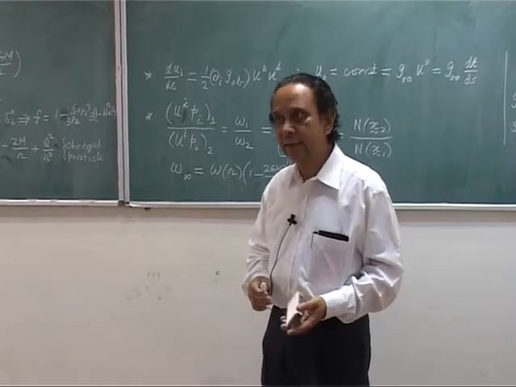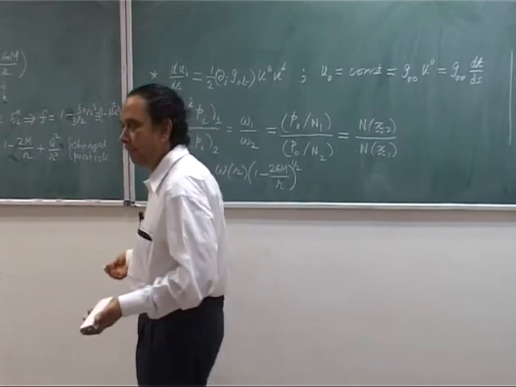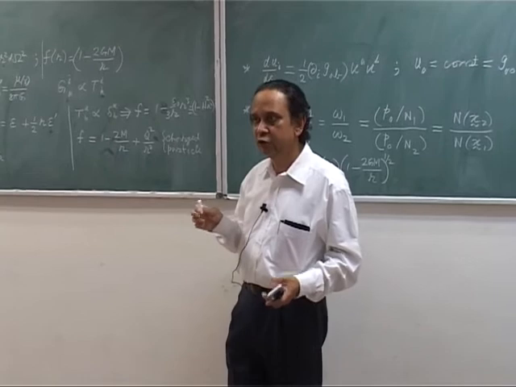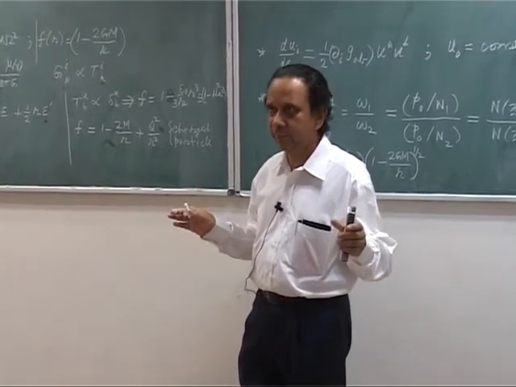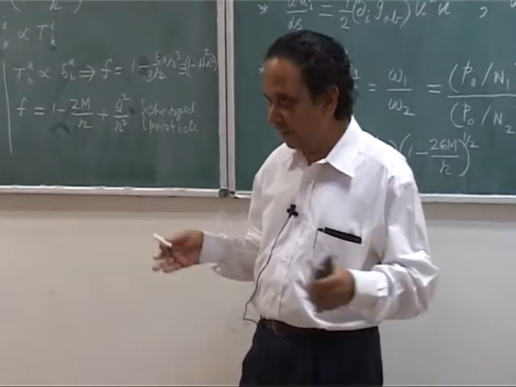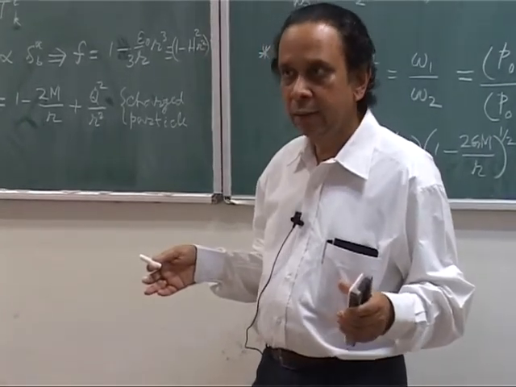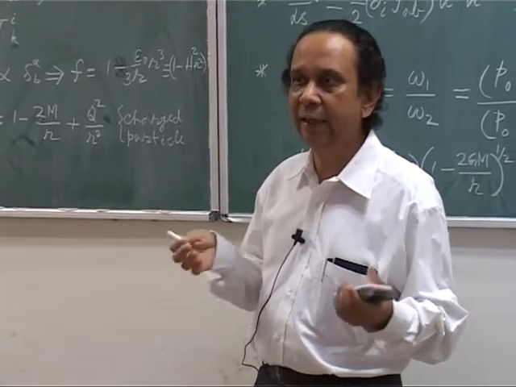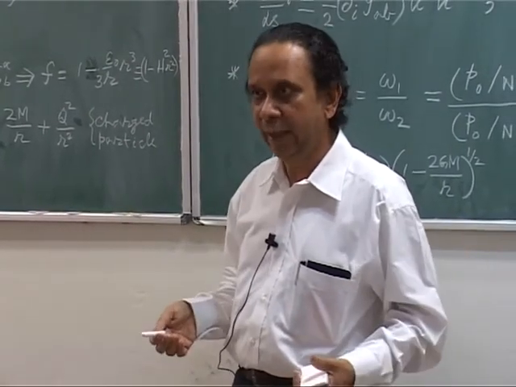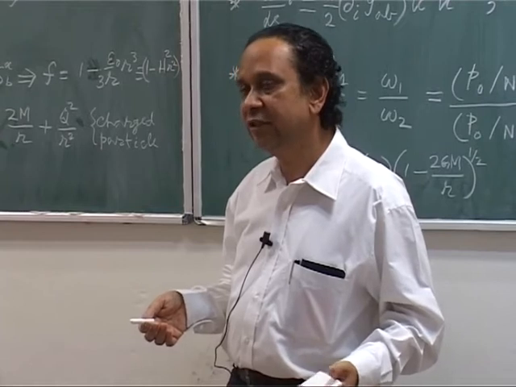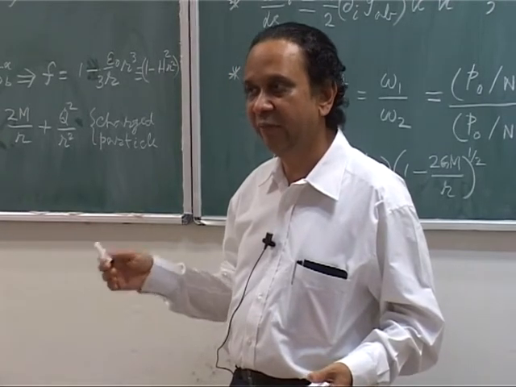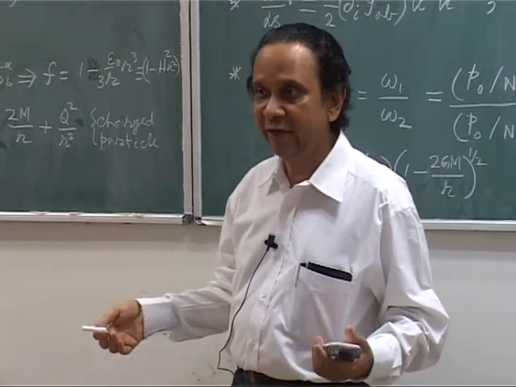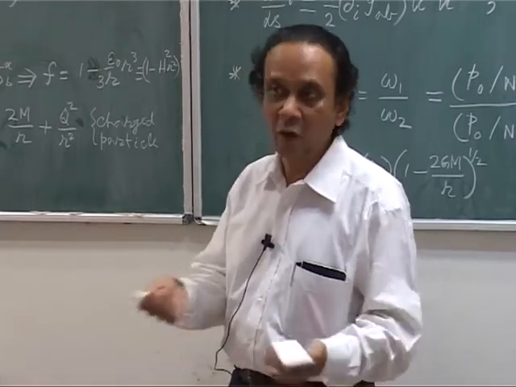If the source is static, well, if there is more than one source, then you need gravitational objects to keep them from moving. It is in principle possible, but in practice it may not be. You have to keep them fixed. If there is more than one source, in general they will try to influence each other and move. But even there, suppose you have one strong source and one weak source, and the weak source is orbiting around the strong source, and you are looking at the whole thing in a rotating frame, that sort of thing can be done, but they are all approximate.